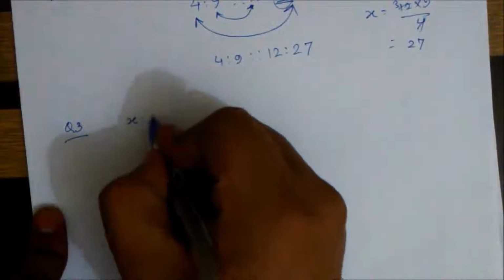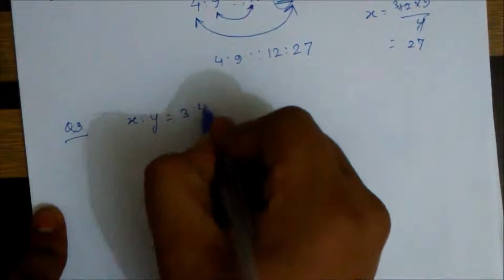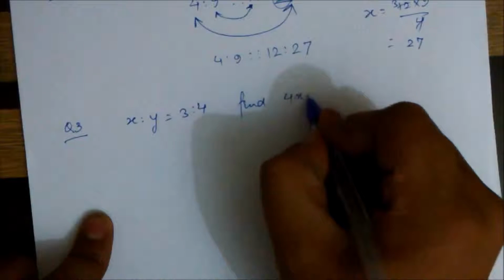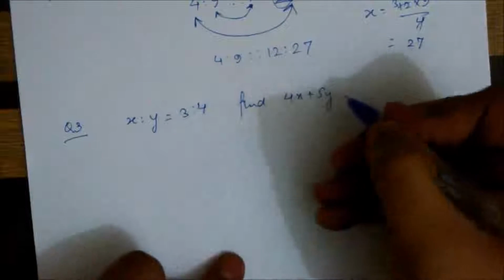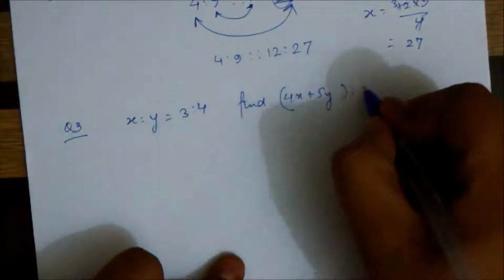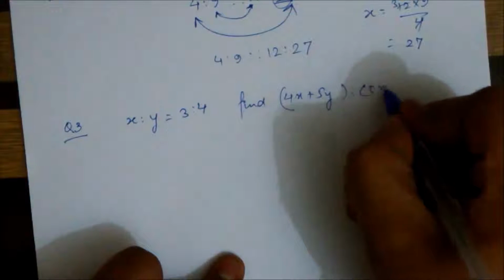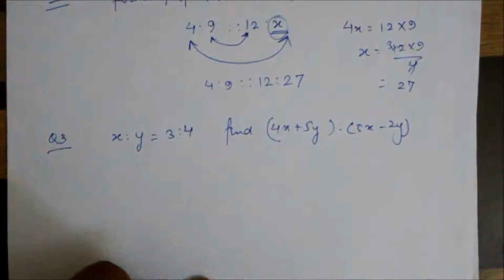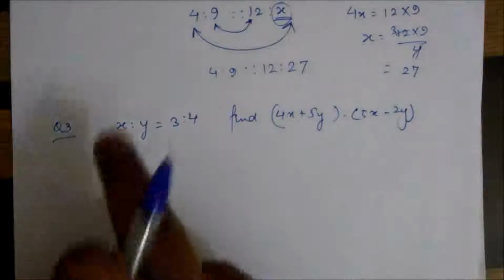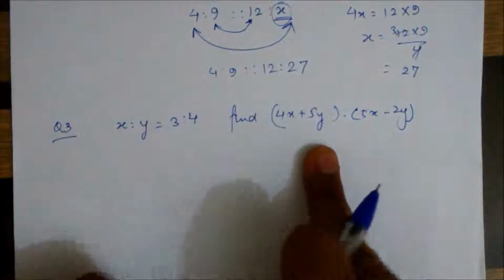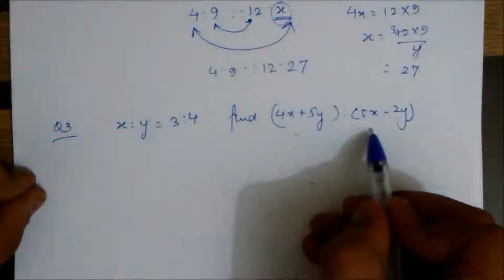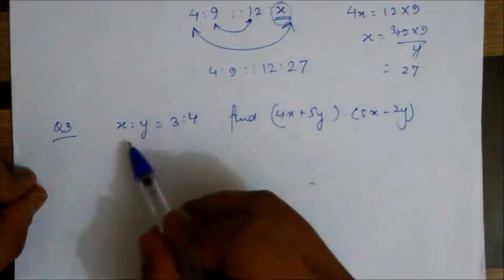We have got x is to y is equal to 3 is to 4, and we need to find (4x + 5y)/(5x - 2y). So see, it's very simple. We just need to apply this x is to y in this. So we can easily see that here we can't find x by y anywhere,